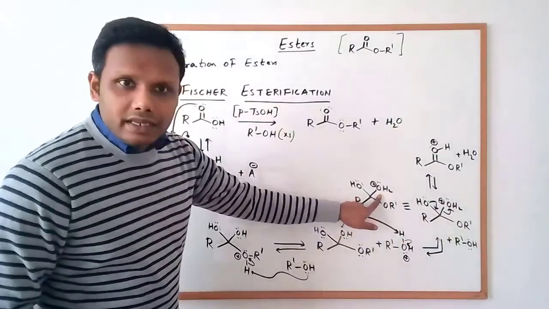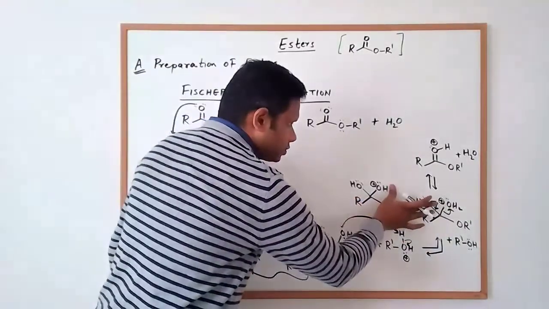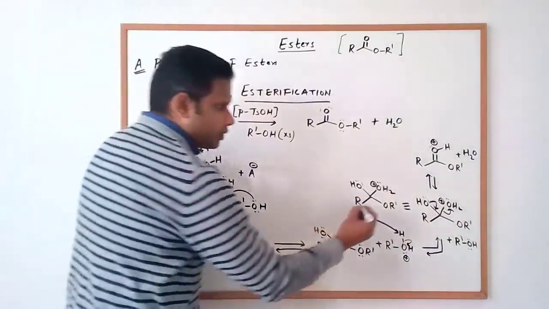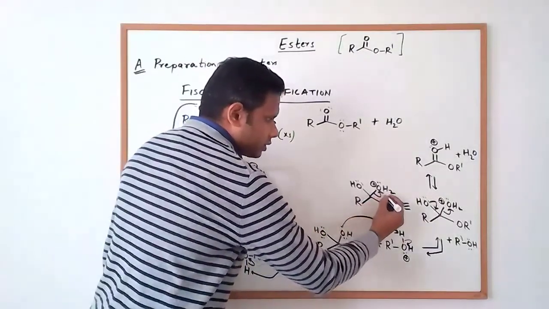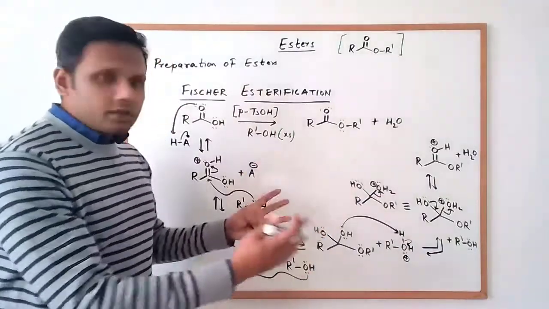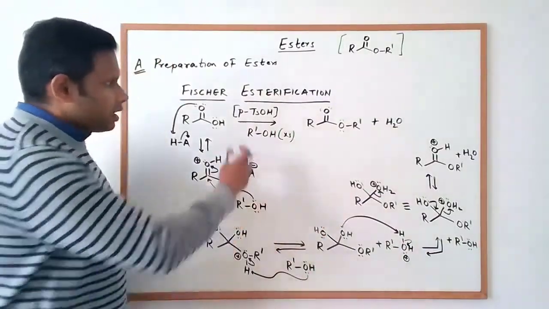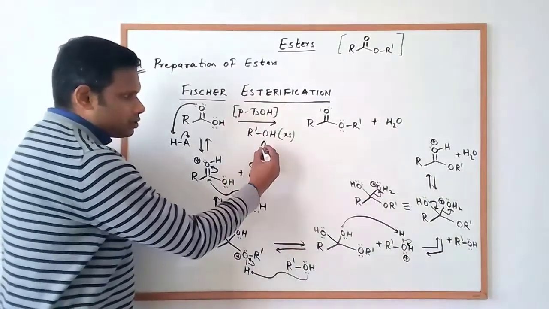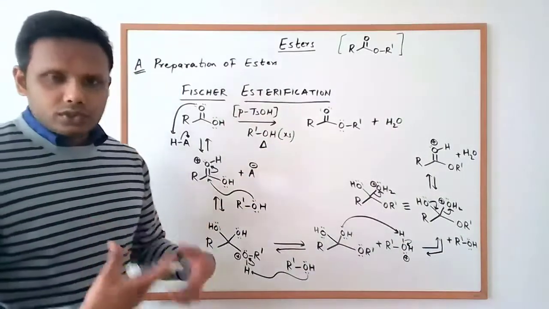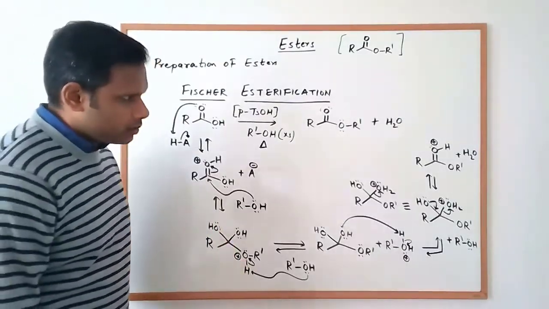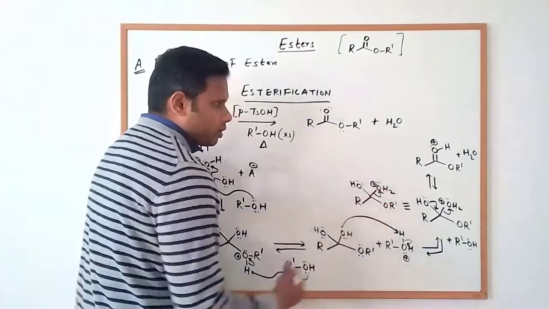Because we have a good leaving group here, the OH2, the hydroxyl which has become the OH2, we can just say that this water leaves. That's a good leaving group. Under the reaction conditions, it leaves. And again, a little more detail: this reaction is usually heated. You will do this with heating. It needs some energy for the reaction to occur. So the water molecule leaves,